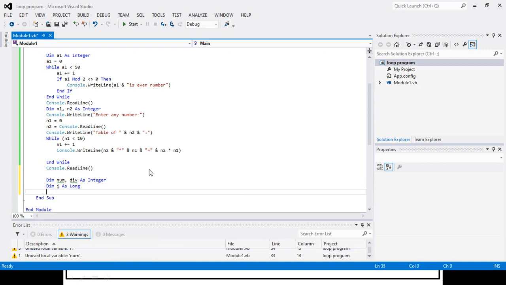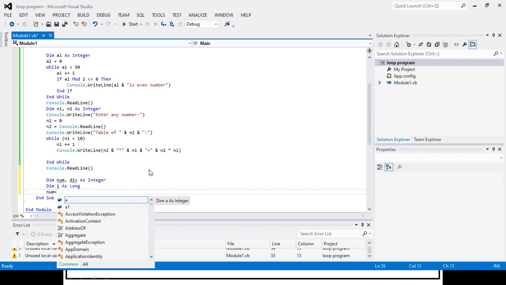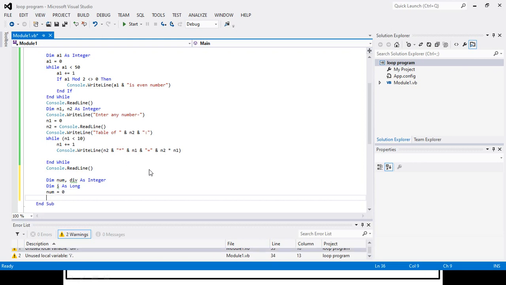Okay, now we will use these variables. Our number will work as a counter, so I will initialize it, num equal to 0, and after that I will use my while loop.